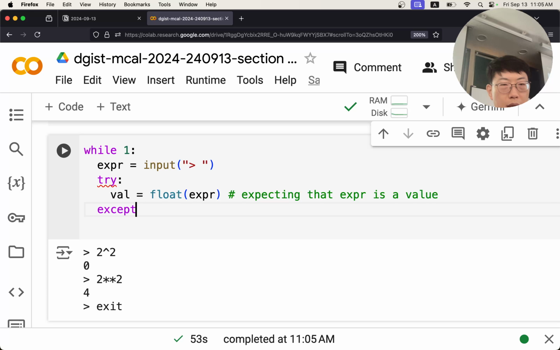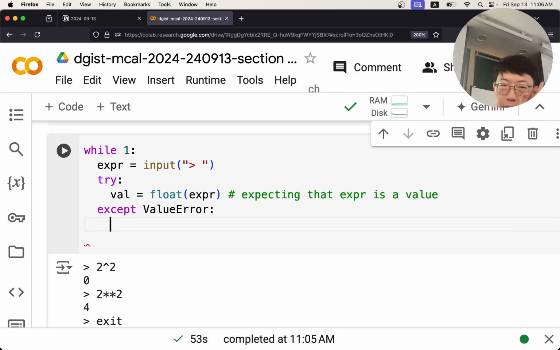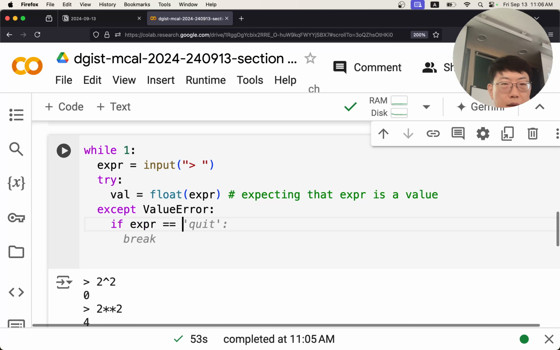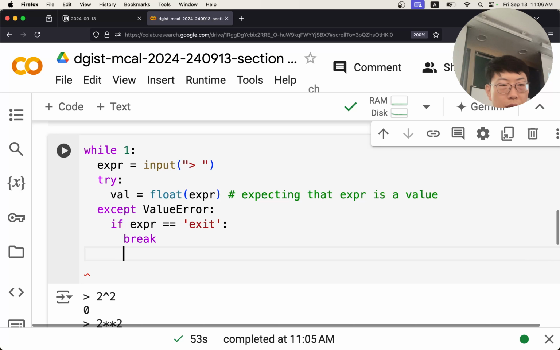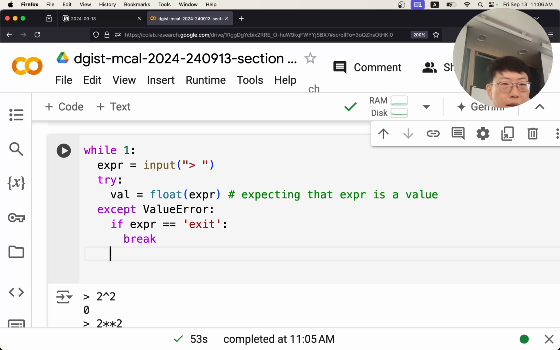And if it's a value error, then it means that the expression I inputted is not a value. Therefore, I should look for whether it's exit,